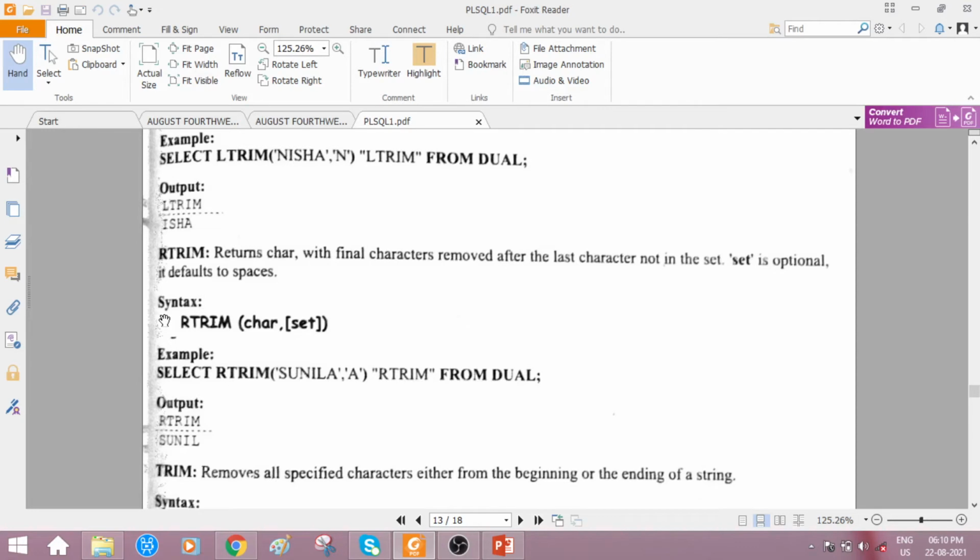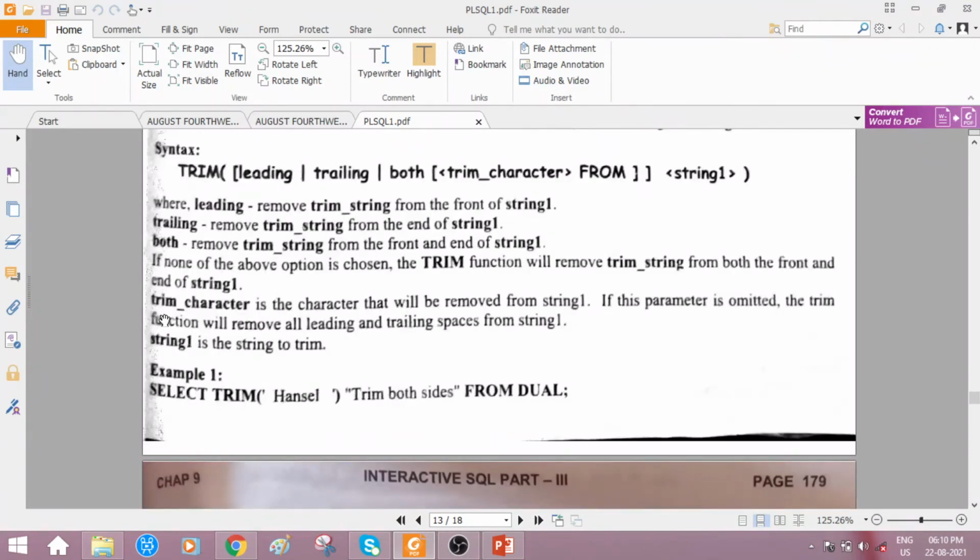Let us just check out that. Observe the syntax part. Leading, trailing, that is either from the starting or from the ending position, the backward position, or both: trim character from string 1. Observe the syntax.